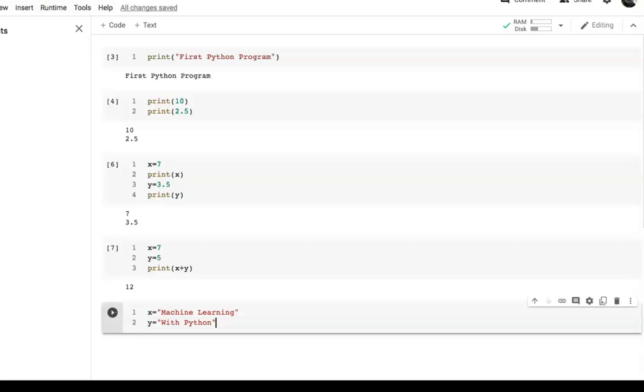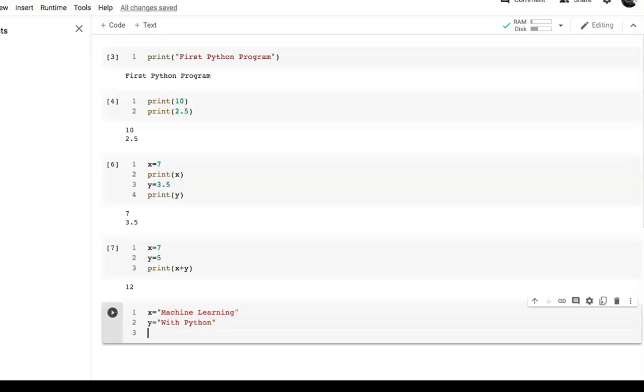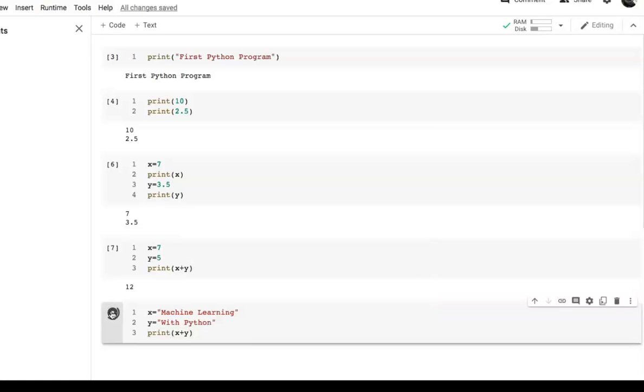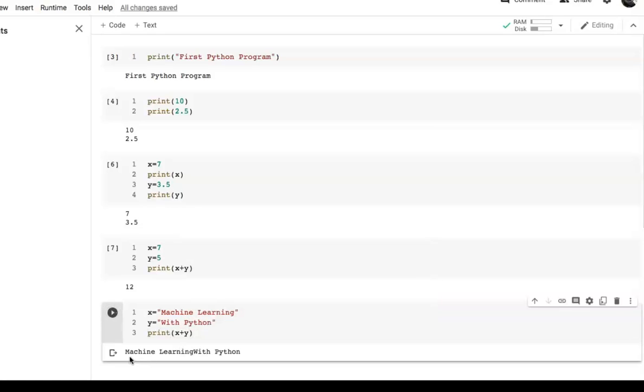Now perform the plus operation and print it. Write print, inside the parenthesis, write x plus y. When you run this code cell, you will get your output as machine learning with Python. You can observe here there is no space between machine learning and Python.